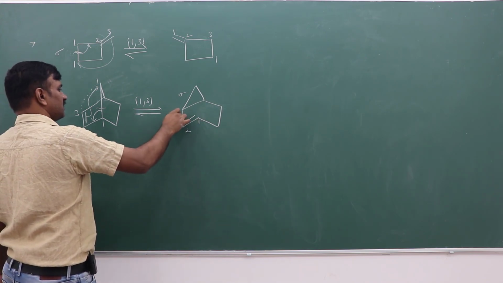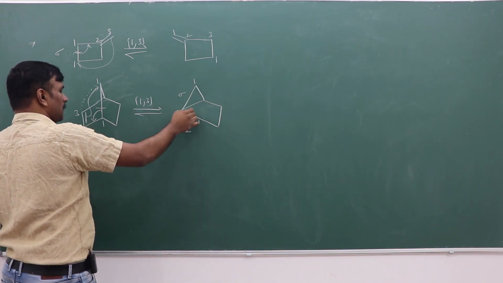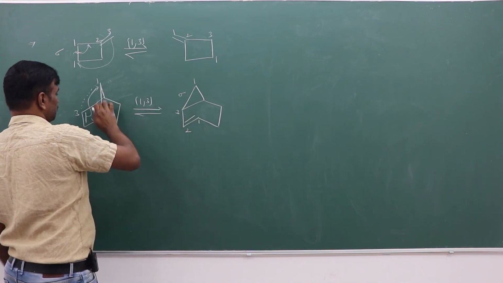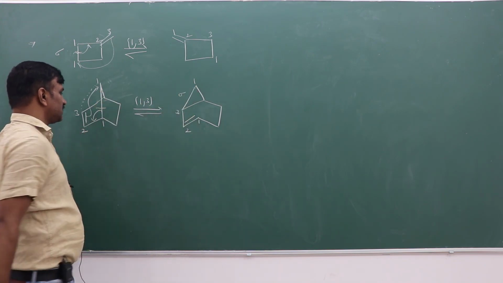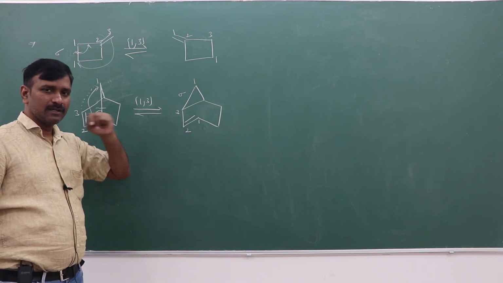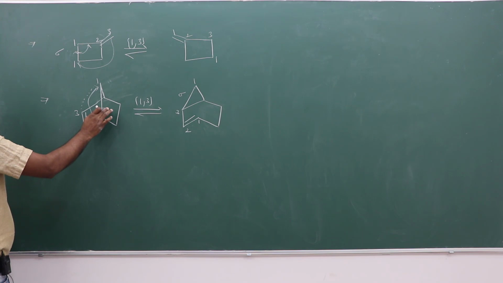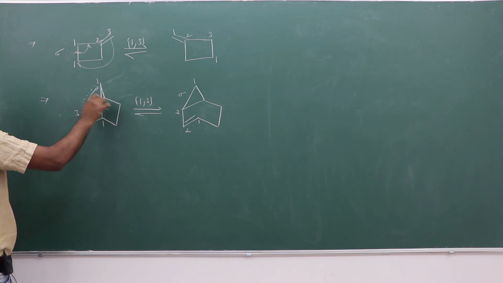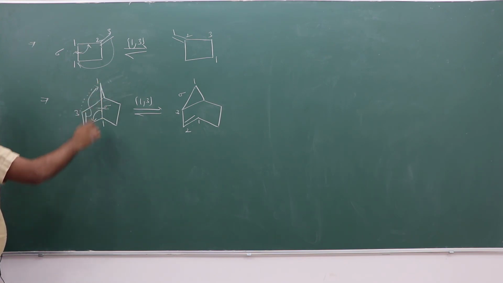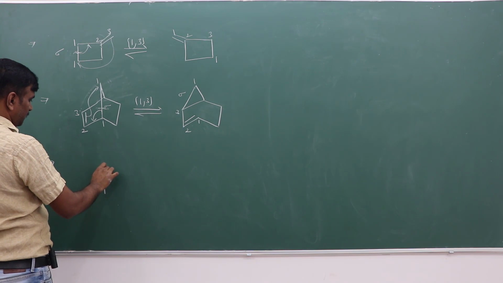So this is the migrating group. So the sigma bond migrates from the 1,1 position to the 1,3 position. If a 1,3 shift takes place, this will happen. 1,3 shift takes place, right? So the sigma bond migrates from the 1,1 position to the 1,3 position, right? Suppose another example,